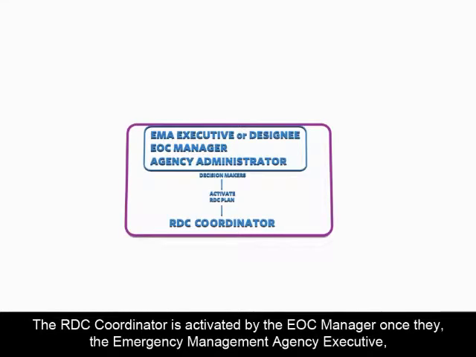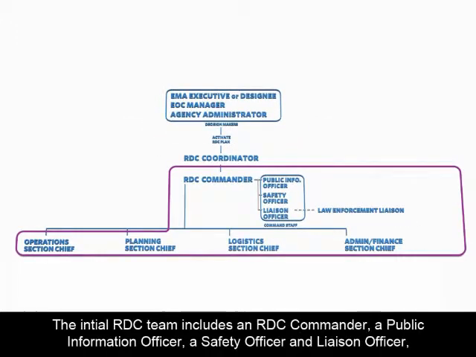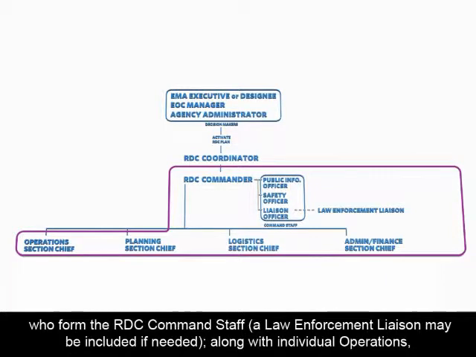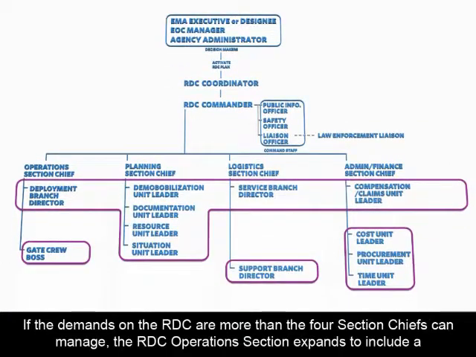The RDC coordinator is activated by the EOC manager once they, the Emergency Management Agency executive, or agency administrator, confirm that a trigger for the Disaster Logistics RDC Plan has been met. The initial RDC team includes an RDC commander, a public information officer, a safety officer, and a liaison officer, who form the RDC command staff. A law enforcement liaison may be included if needed, along with individual operations, planning, logistics, and administration finance section chiefs. If the demands on the RDC are more than the 4 section chiefs can manage, the